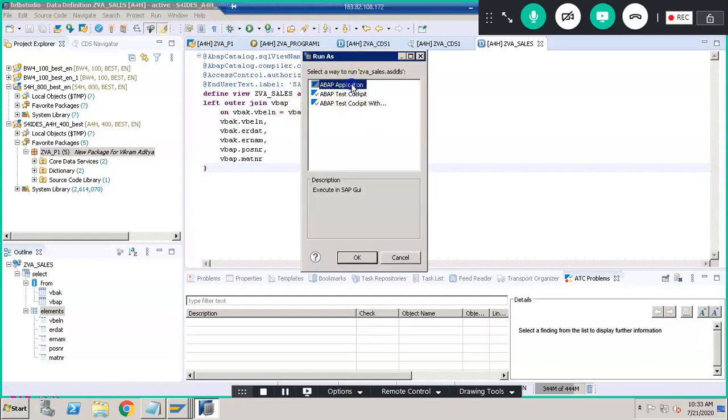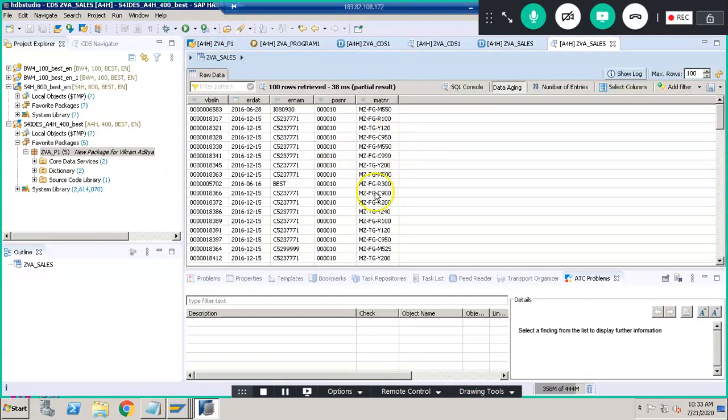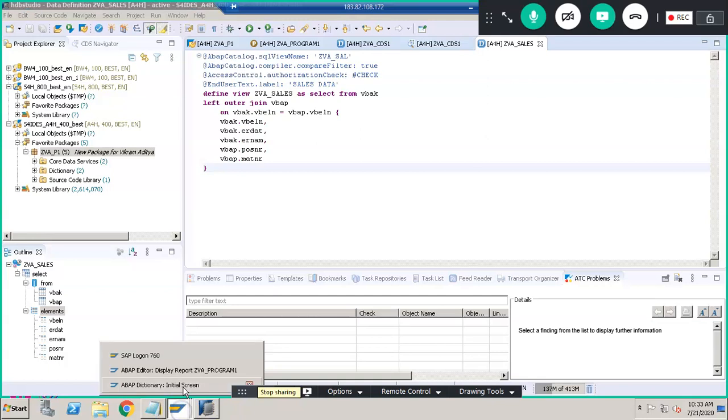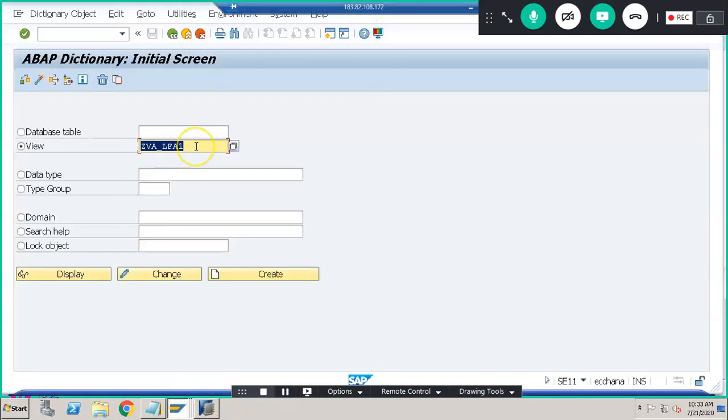Let's execute this. This is the data that we have. So this is the data that we are getting from 2 tables now. And in fact, not just getting the data from 2 tables, we can even write some logic behind it. We can do sum of numbers, average, totals. So we can do a lot of stuff within this select statement itself. Okay, so those things we'll see, and we can just view this again in the same view.